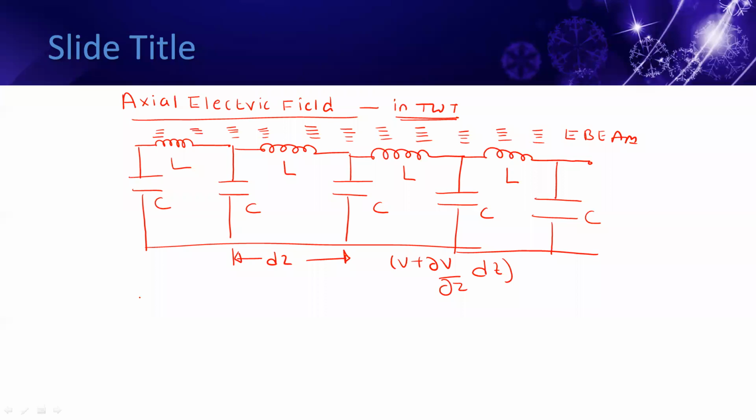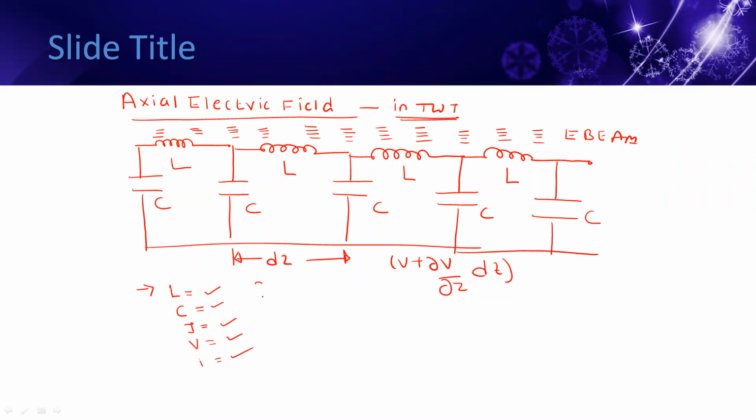So therefore the given slow wave structure is to be represented by a lossless transmission line. For such a lossless transmission line, the parameters are: L is the inductance per unit length, C equals capacitance per unit length, capital I is the alternating current for a given transmission line, capital V is the alternating voltage for a given transmission line, and capital I equals convection current.